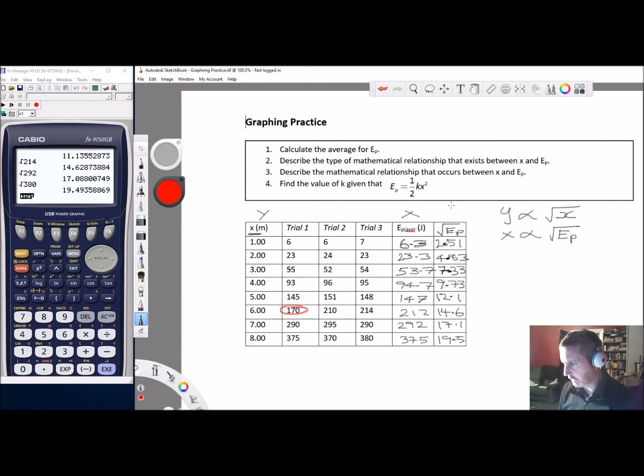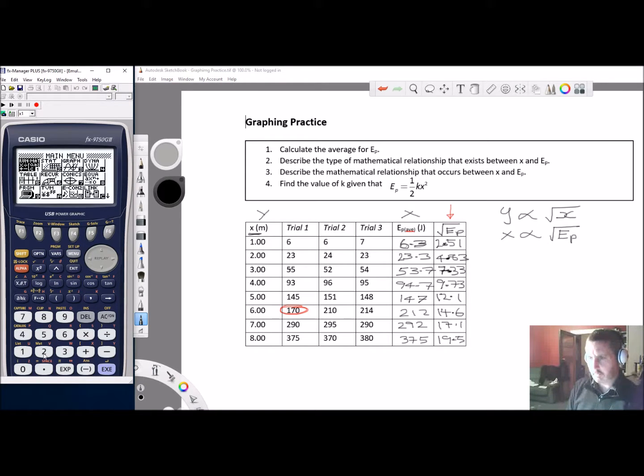Okay, so I've now calculated this square root of potential energy column, and what I'm going to do is put this back into my graphics calculator and we're going to plot it. So again, we're going to go to menu, go to stat, and replace the x column that had EP. Now it's going to have the values from the square root of EP. So the first value here, 2.51,